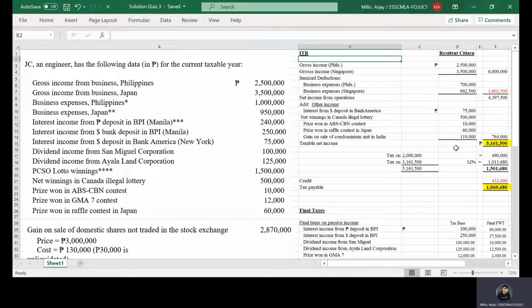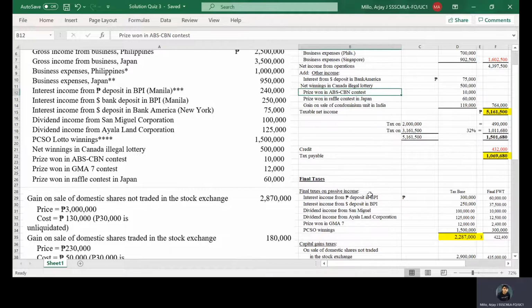So JC, an engineer, has the following data in the current taxable year. If you look at it, he has a lot of income listed here, income from operations and then passive income. Let's go through them one by one. He has income from business in the Philippines, then gross income from Japan. Then he also has business expenses. He has interest income, deposit in Manila,